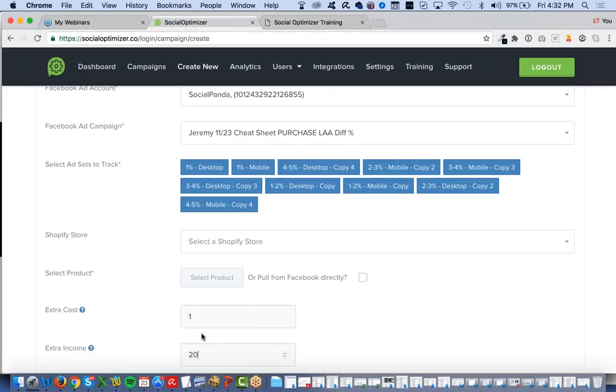Then you'd track your ad campaign, and you'd do that with Facebook. And when you make a sale, then you'd be able to see whether it was worth it, what the ROI was in there. So you just need to work out your extra cost, how much it's costing you to supply that service. Same with network marketing as well. How much do you benefit and how much does it cost you to supply that?